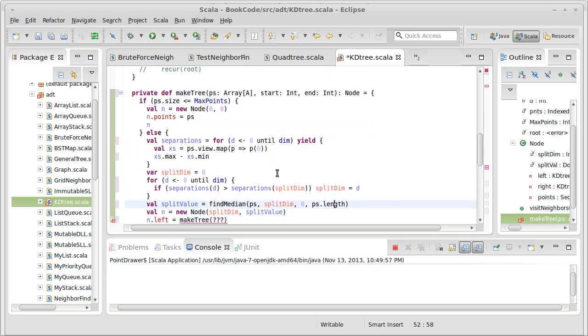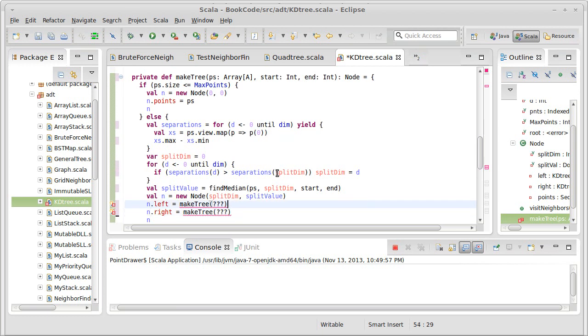And then when we come down here, what we pass through is not 0 and ps.length, but start and end. And when we call make tree, we can pass, here we go from start to